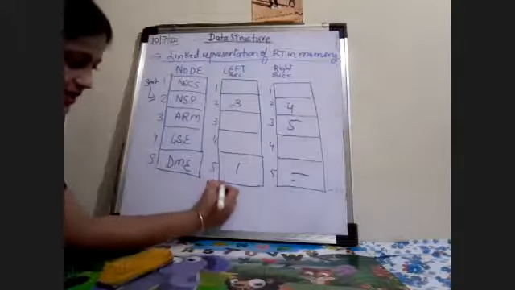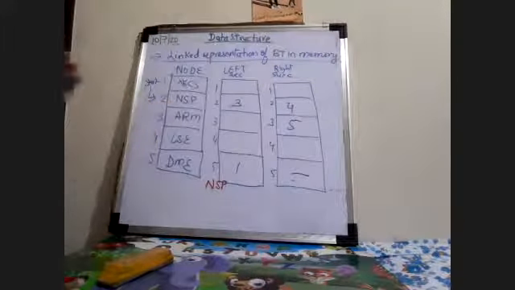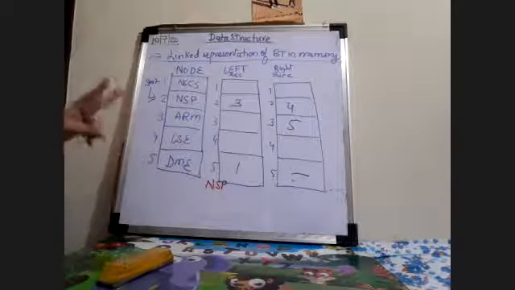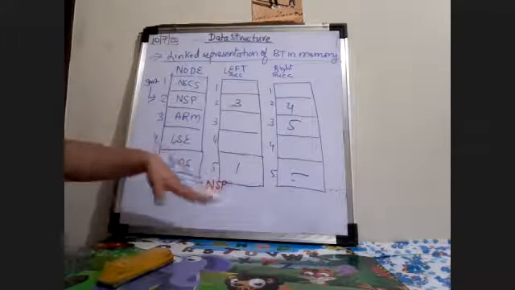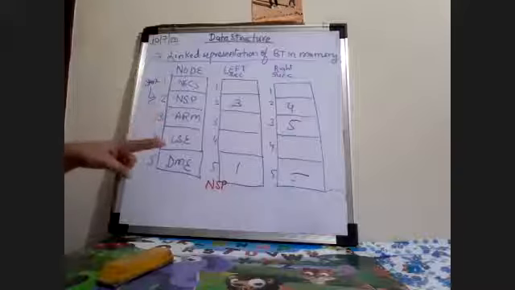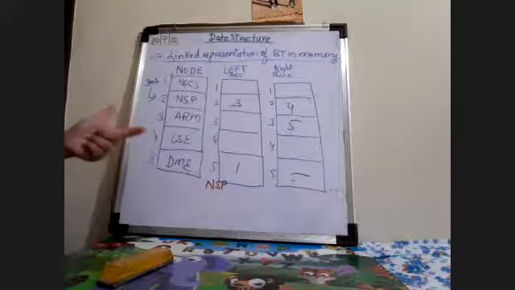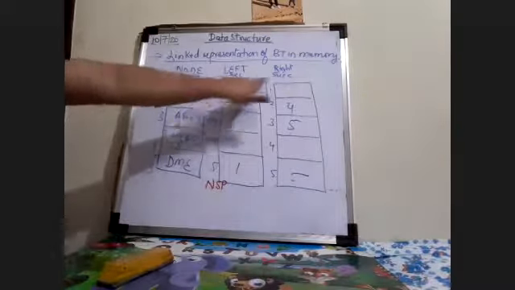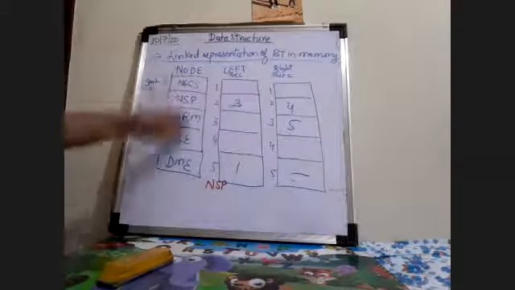Okay, I'm writing a little small. My root node is NSP. Now, if you remember the linked representation of memory of linked list, we had only two tabular columns, which were nothing but info and node. Why? Because in linked list it was divided into two: information and the pointing to the next memory address. But in binary tree, a node is divided into two: left successor and right successor. That is why I have 3 tables over here in the tabular form.